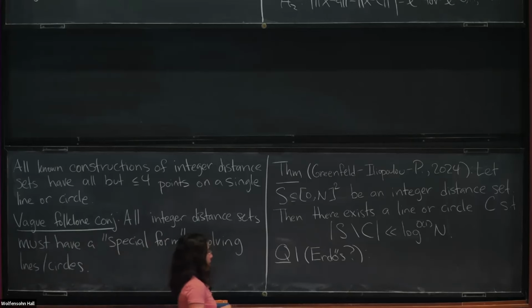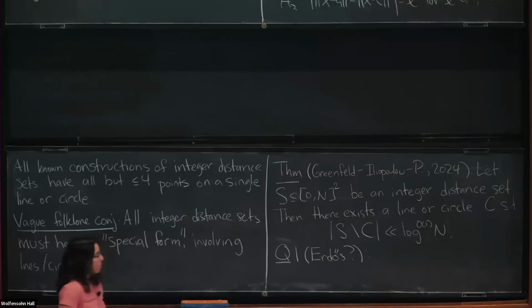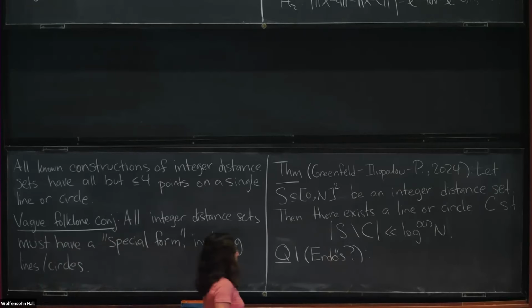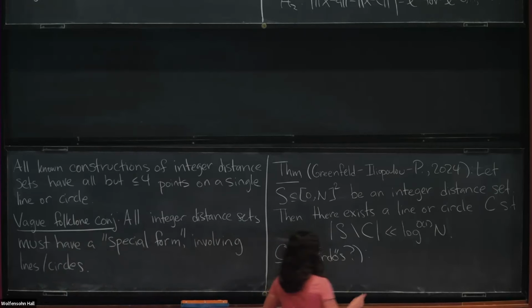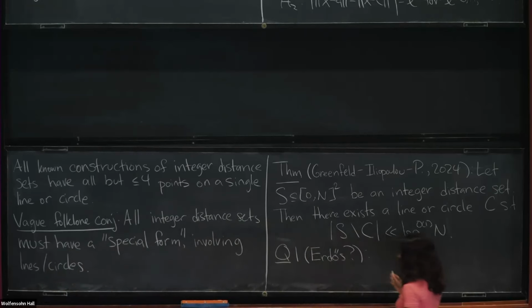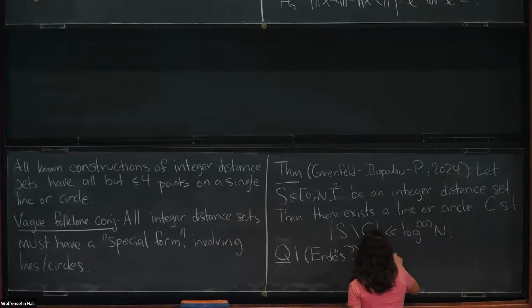But what we found instead was him saying that this wasn't his original question, and that it was a question whose origin he can't trace. It's motivated by the fact that all of the constructions of integer distance sets we have involve a bunch of points on a line and a bunch of points on a circle. So what if you forbid lots of points on a line and lots of points on a circle? It's a question of how large